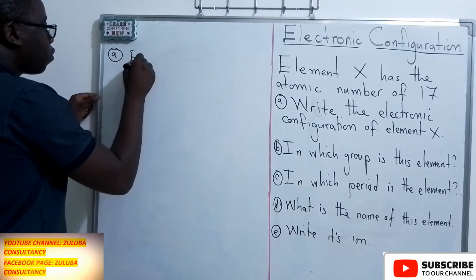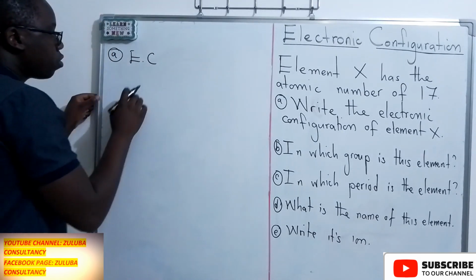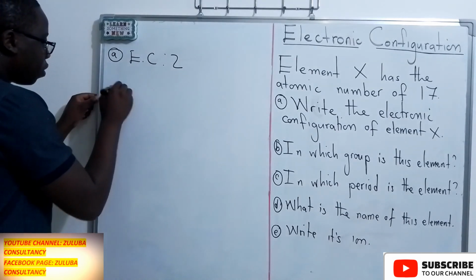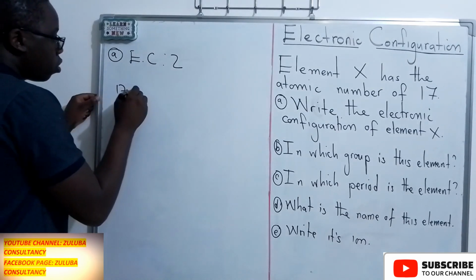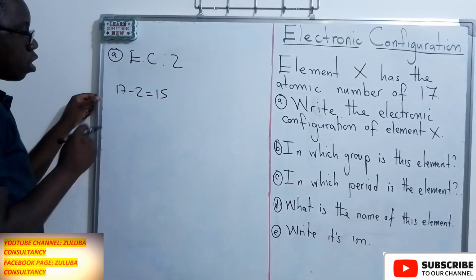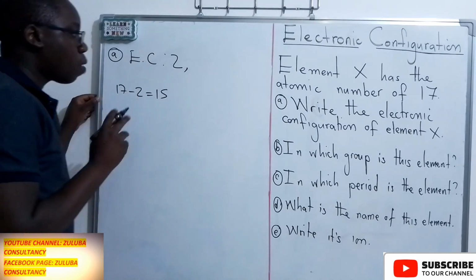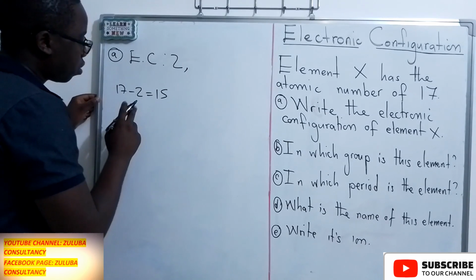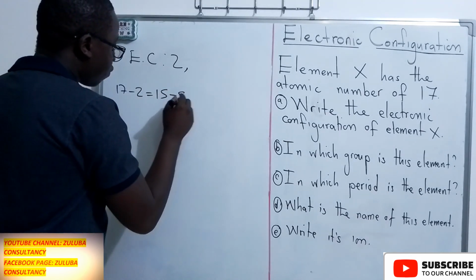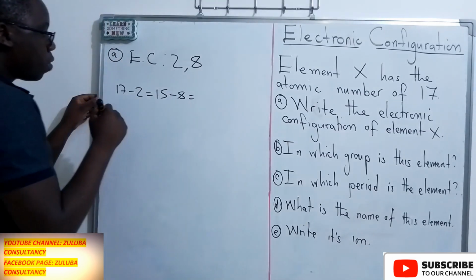We know that the first shell always has 2 electrons. So out of the 17 electrons that we have, when you remove 2, we are remaining with 15 electrons. The second shell can occupy a maximum of 8 electrons, and 8 is less than 15, so we can put 8 there, and we are remaining